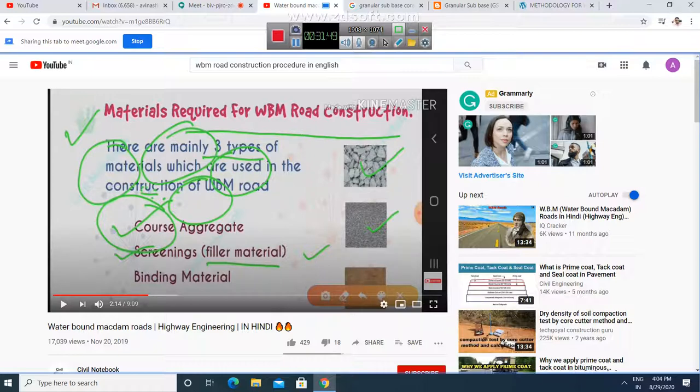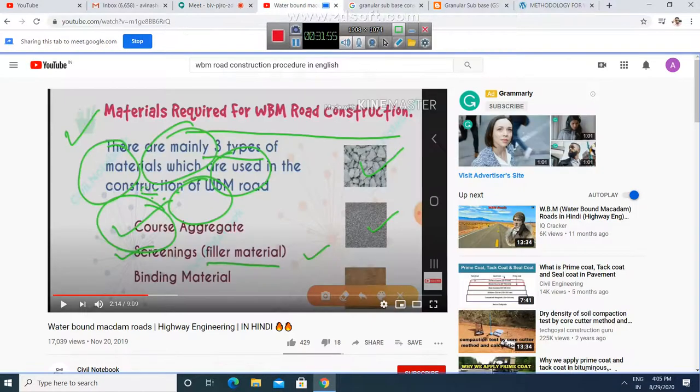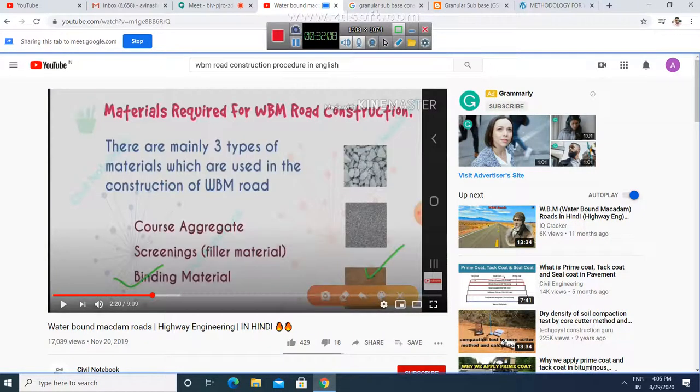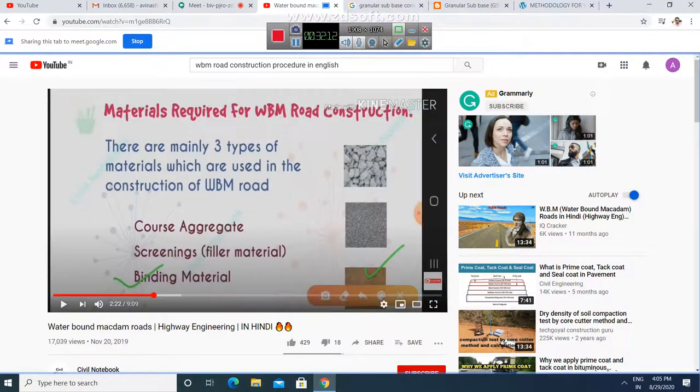Once a coarse aggregate layer is laid down, in the void spaces you will be using the screenings or filler material. This dot is representing the screenings placed in the void spaces of the coarse aggregates. And then you have a binding material. With the help of a binding material, you are properly binding the WBM.